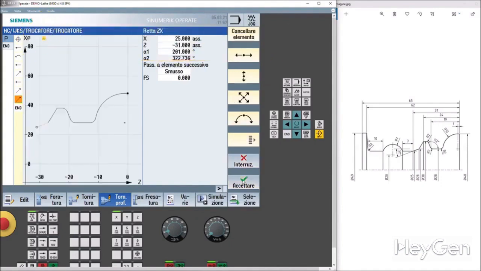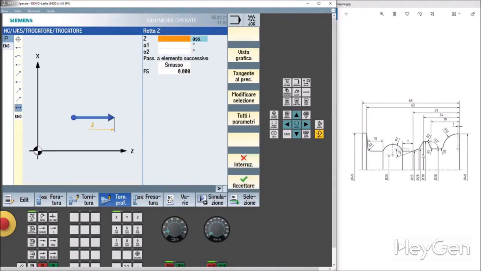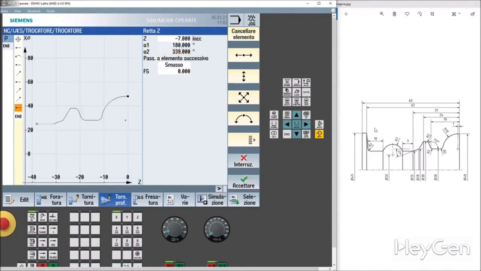At this point, you should have all the elements to draw both lines. You see, for this line, it only knew the endpoint, but for this one, it knew the starting inclination in X and Z. So, it was drawn backward from the inclination, crossing the endpoint of the previous one. Now, we're here. So let's move to Z, no, we have it. We can give it either minus 38 or an incremental minus 7. Let's accept it. Here it is. Good.